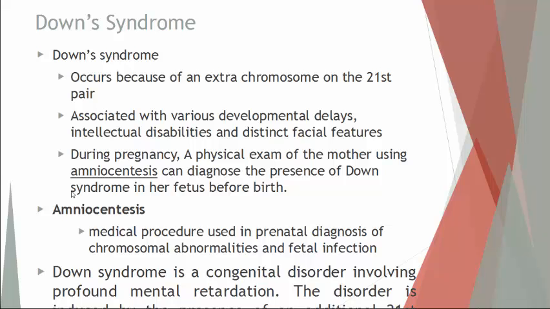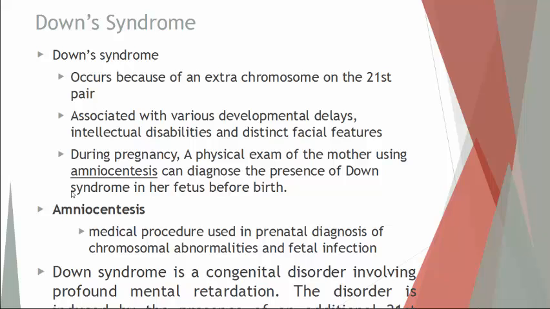It's formerly called trisomy 21 because there's an extra chromosome that's not normally present in the average person. Remember, you get half your chromosomes from mom, the other half from dad. So there should be 46 total, or 23 pairs. But when you look at a mapping of the chromosomes for a person that has Down syndrome, instead of having 2 of the 21st pair of chromosomes, there's a third one. That's why it's called trisomy. Tri means 3, and somy means body.